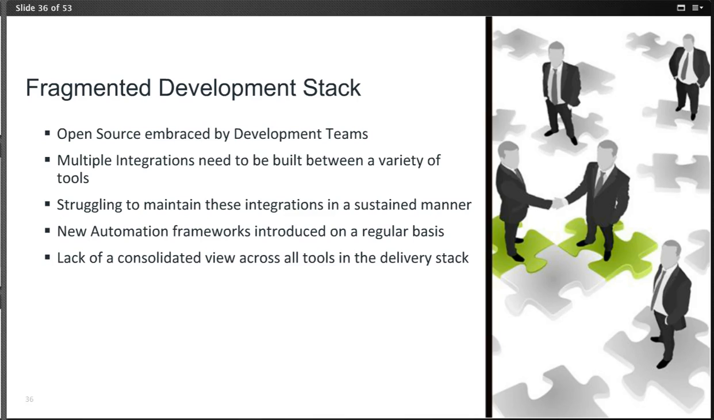So with that, we've gone through some key areas and identified some key challenges that we see across the enterprise domain, which is what Micro Focus serves. So let's start with just the development stack. Open source is everywhere. We all see it, we all embrace it, and now it's pretty much becoming the de facto standard,